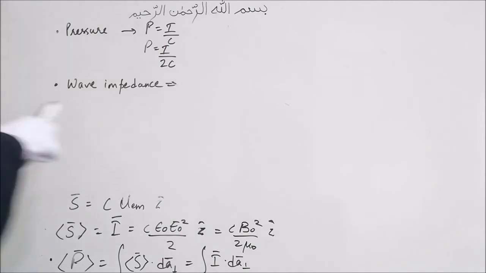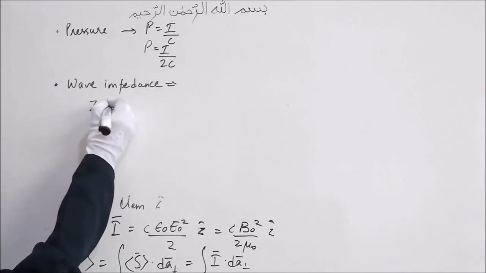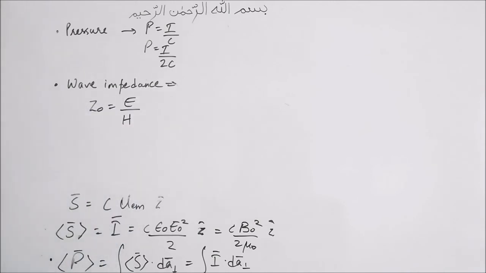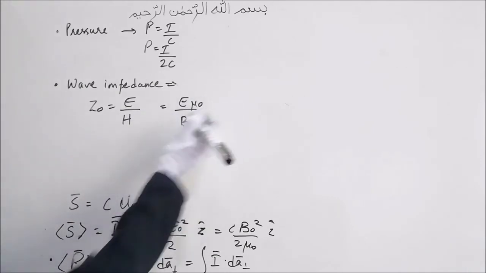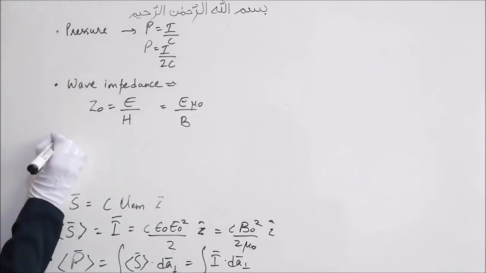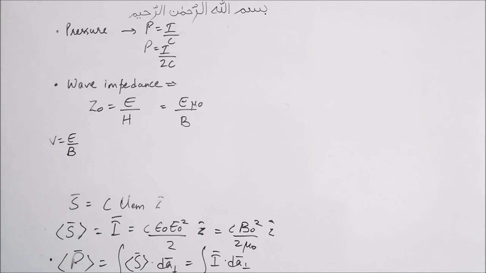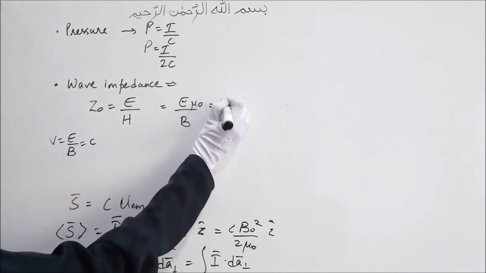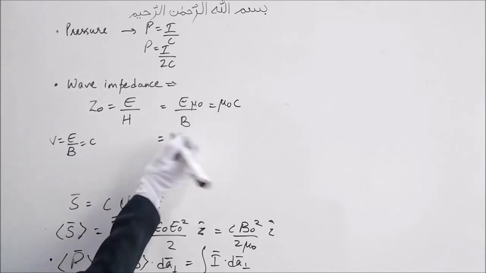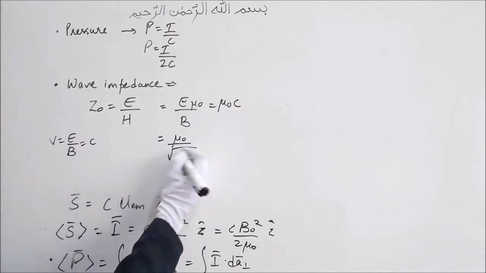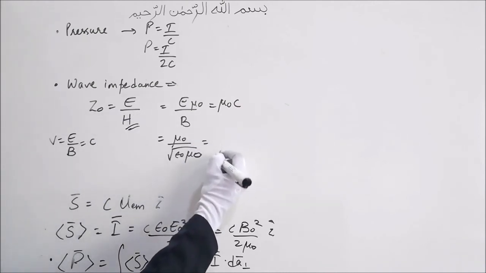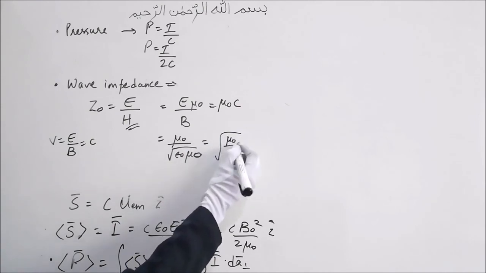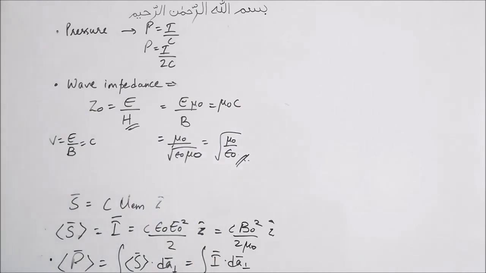Next we have the wave impedance for free space, and that is Z0 is equal to E by H. Now H is B by mu naught, and V we know is E by B, which is nothing but C. So this will be mu naught C, because we are considering vacuum. So mu naught C is nothing but root of mu naught by epsilon naught. So the second formula for Z0, one was E by H, the second formula is root of mu naught divided by epsilon naught.